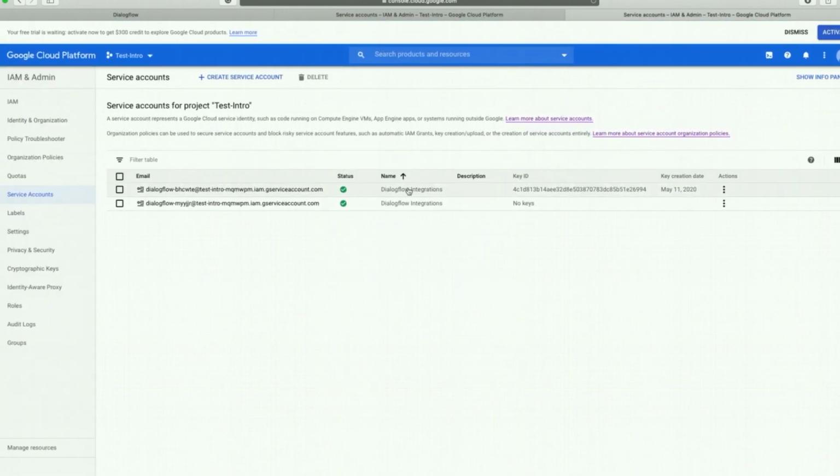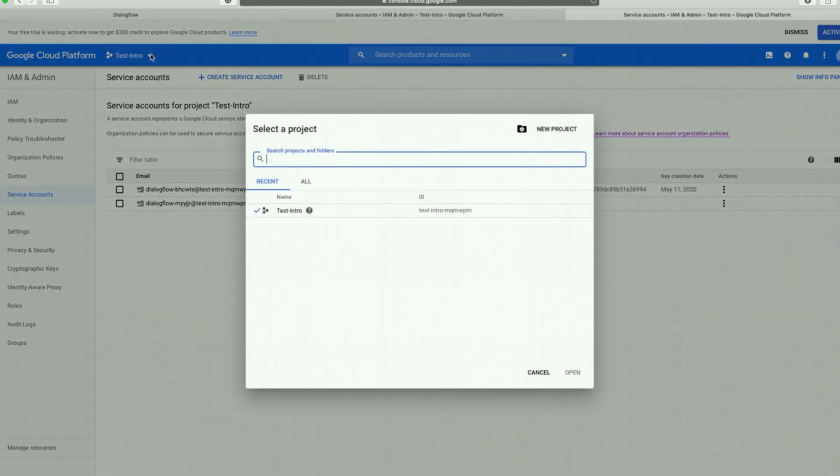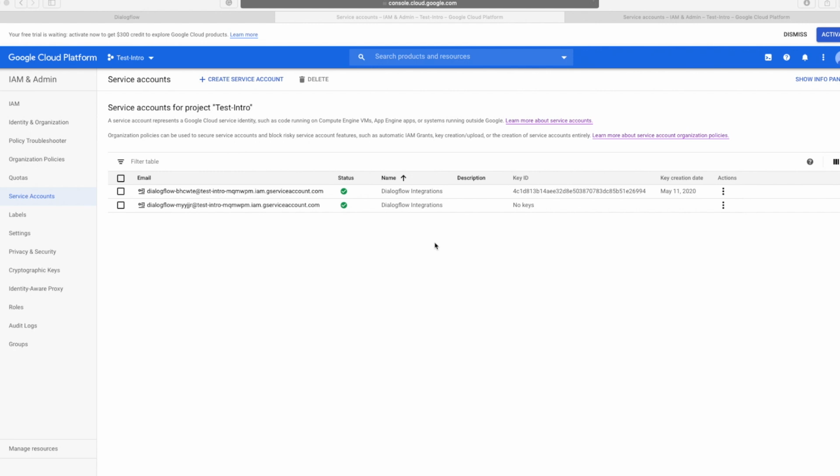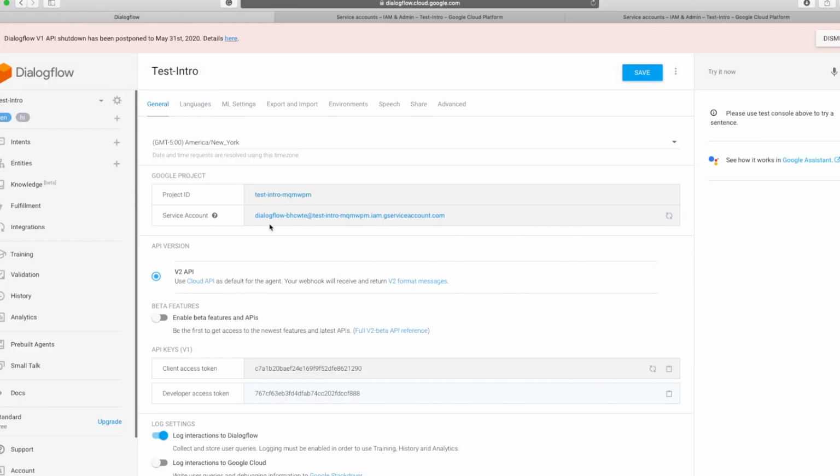Here you can see that this is the entry that was created when you created the agent. This is your agent name, and when you click here you will see the name of the agent and the ID related with that agent. We will not be talking about GCP in this video, and you might have to wait for another video where we can talk about GCP. So let me go back to Dialogflow here.